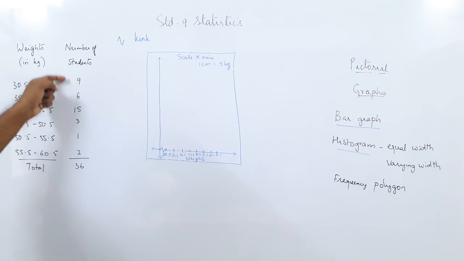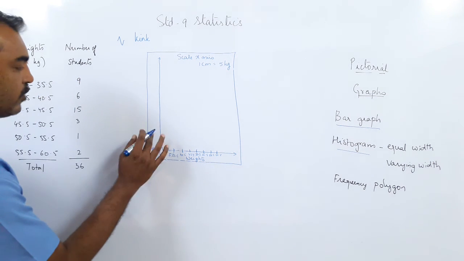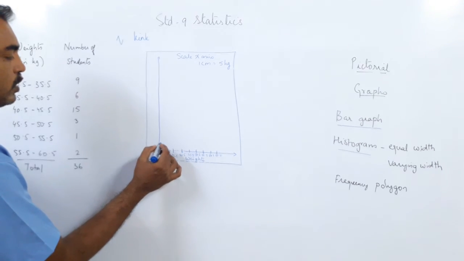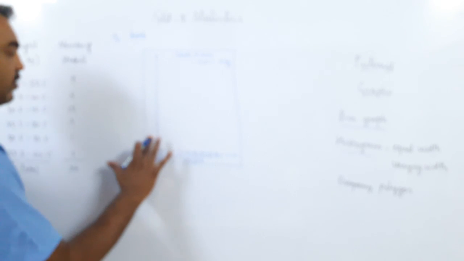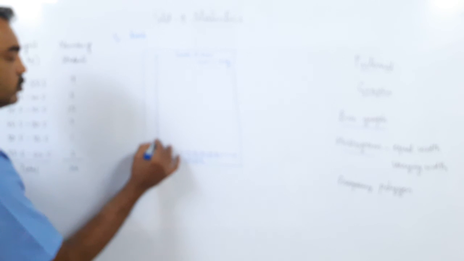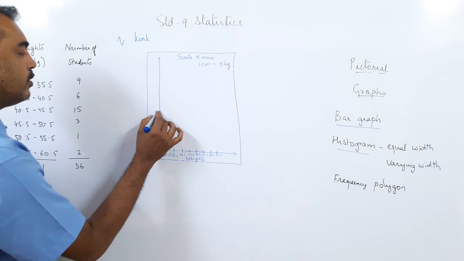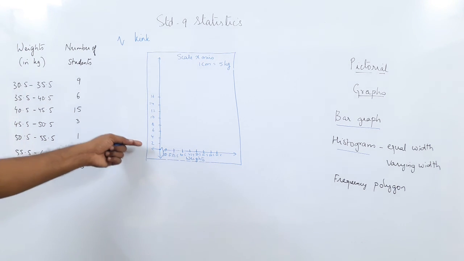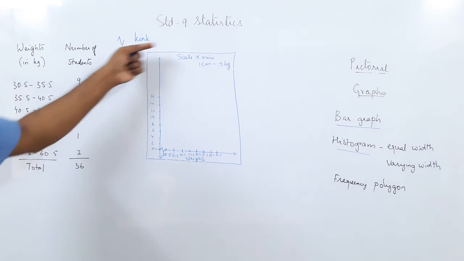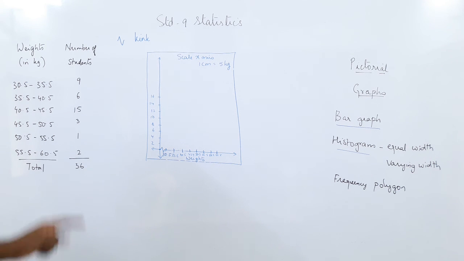Have you understood? Now we move to the frequency, the number of students. So the highest is 15. To indicate, if there are 15 lines in your book, then you can go 1, 2, 3, 4 and so on. If 15 is too high, then you can jump with 2's. Say 2, 4, 6, 8, 10, 12, 14, 16. That's it. Okay, so you can even go 1, 2, 3, 4. That depends upon the size of your graph paper. If your graph paper has enough height, you can go 1, 2, 3, 4.